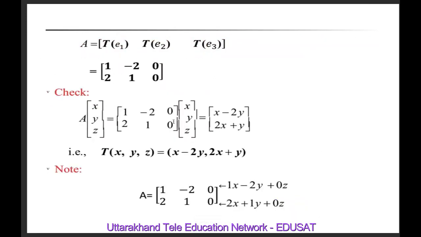So here, when we are given the usual basis, then we can also directly write the standard matrix. Because here the given components are x minus 2y and 2x plus y, the coefficient of x is 1, the coefficient of y is minus 2. We don't have z here, so the coefficient of z is 0. So (1, minus 2, 0). And for 2x plus y, the coefficient of x is 2, of y is 1, of z is 0. So (2, 1, 0). So in the case of the usual basis, we can directly write the standard matrix.